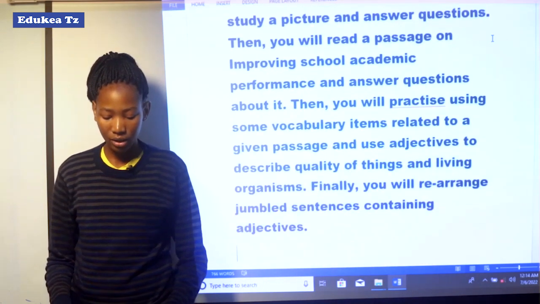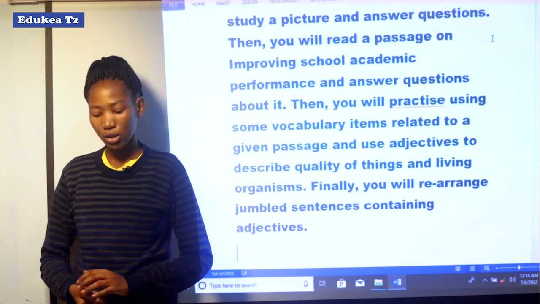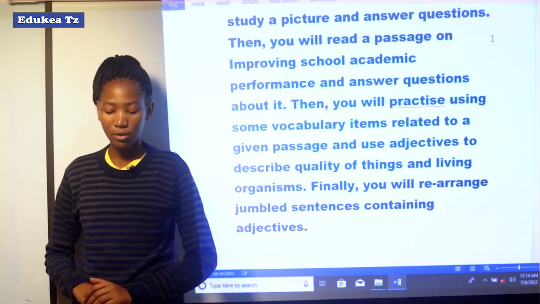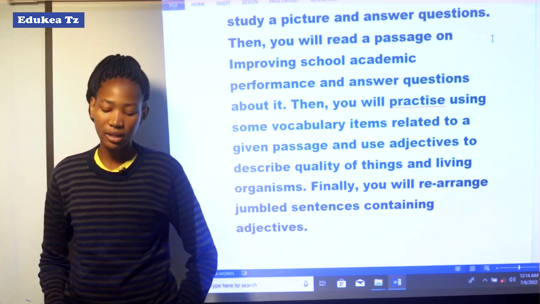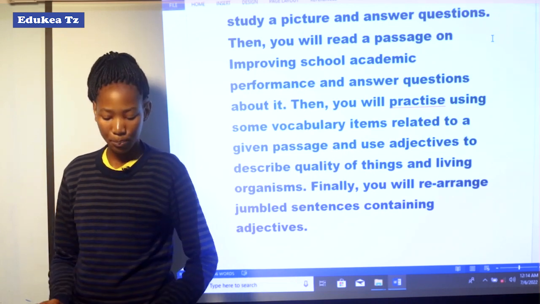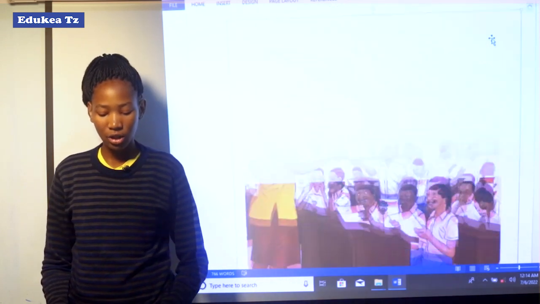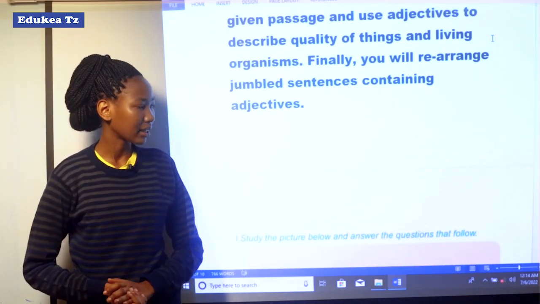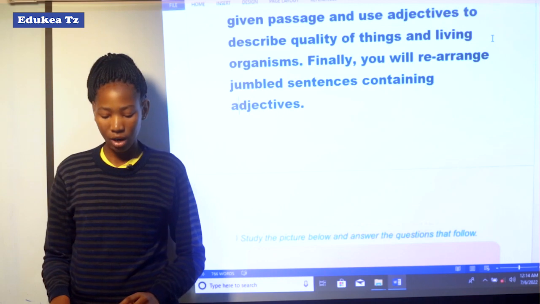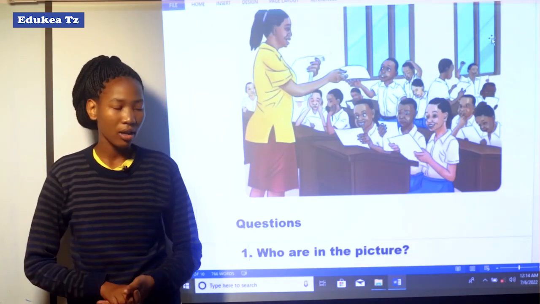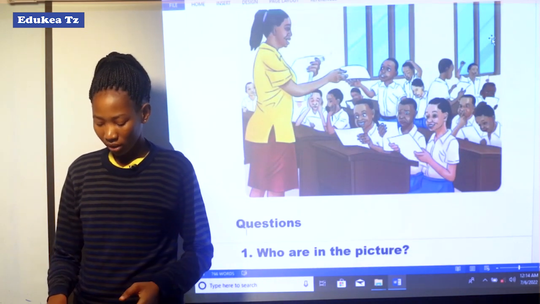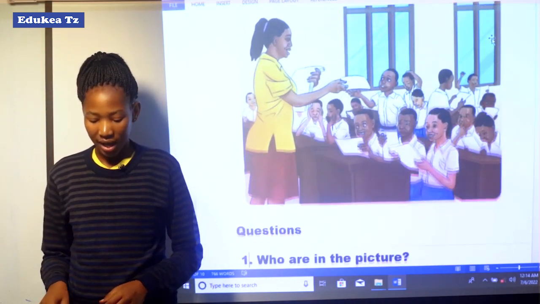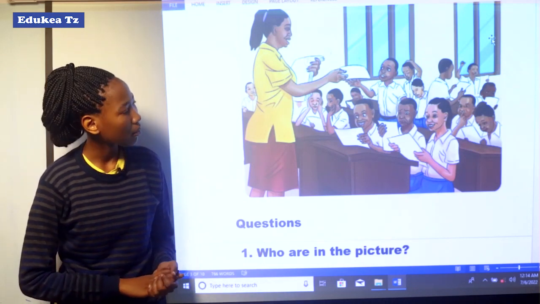After that, we will practice using some vocabulary items related to a given passage and use adjectives to describe the quality of things and living organisms. Finally, we will arrange jumbled sentences containing adjectives. After that, we are going to start with the picture, then answer the questions that follow. Here in the picture, you see different people and